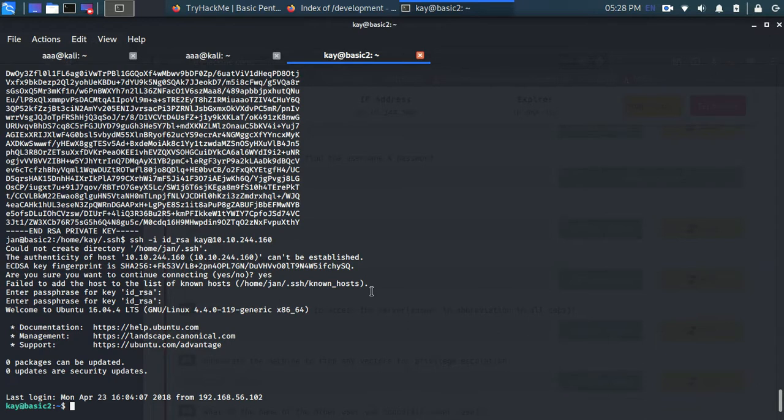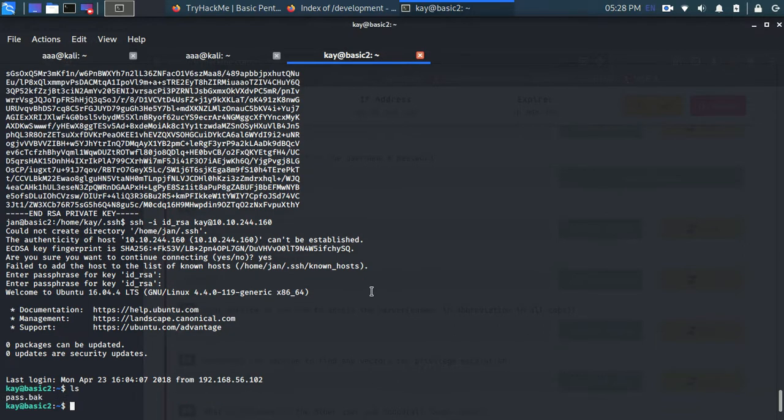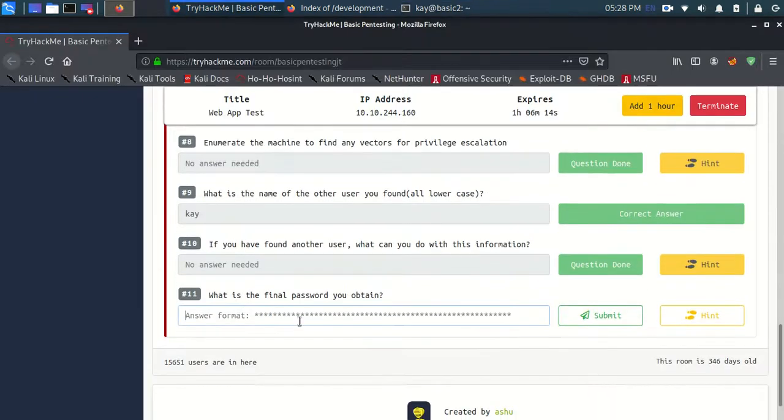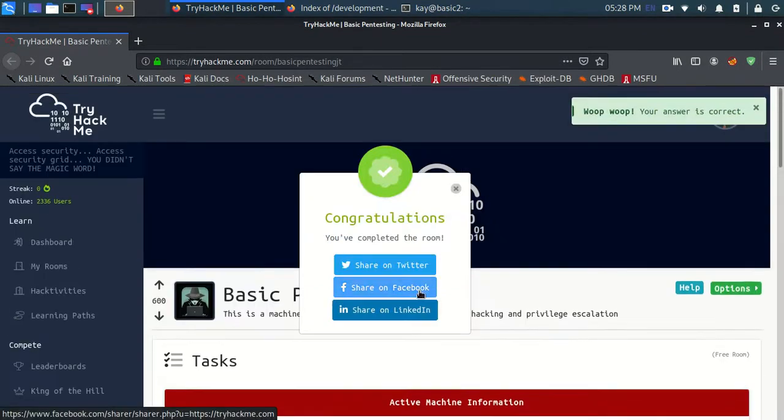Not hard actually, that feels great. Now let's do ls, and now let's open this, and this was the password, the impossible-to-crack kind of password which they had made for us. And let's paste this and submit this, and we have completed this one.